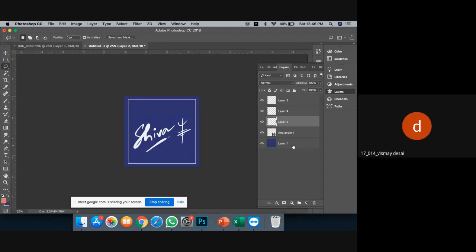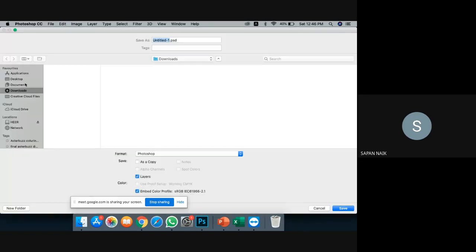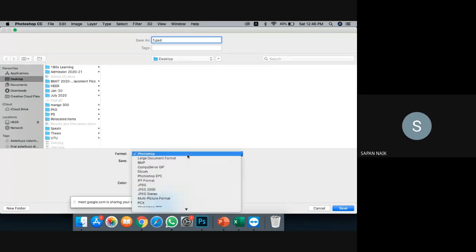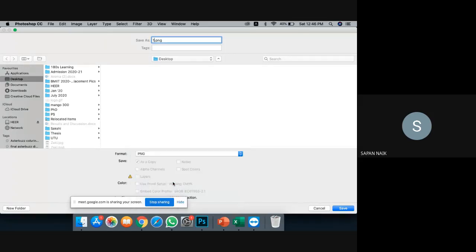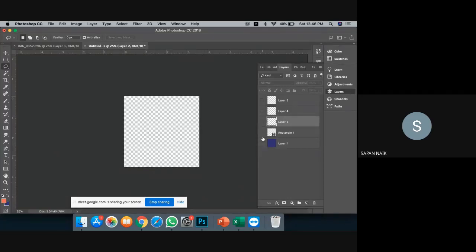Yes, sir. So what we'll do is, first I want the background only, right? So select your background, go to File, Save As, Desktop, name it 1, and choose PNG file. Make it PNG, save, done. Now in the next layer you don't want this, you want only the frame. Though it is white, it is available.